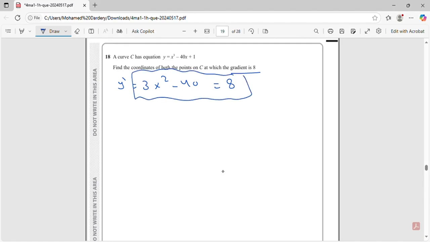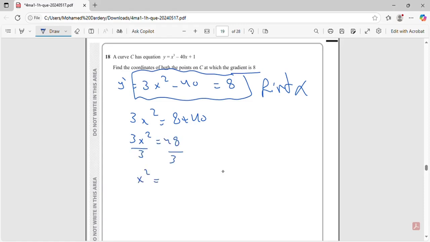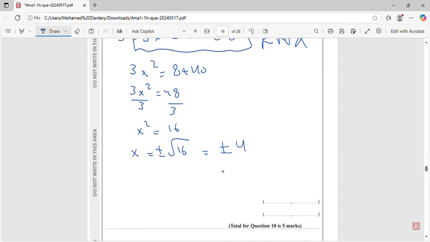Now I have to find x. It will be 3x power of 2 equals 8 plus 40. Yeah, 3x power 2 equals 48, divided by 3 for both sides. x power of 2 equals 16. As long as this is a power, it has to be the root of 16, positive or negative, which is positive or negative 4. Now I have the value of x, of course, 4 positive, 4 negative. I have to